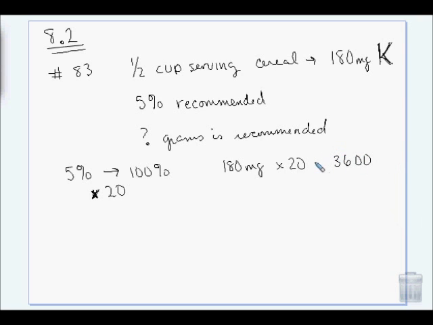Okay. So that's 3,600 milligrams. Hold on. So since I go from 5 to 100, I multiply by 20. That means 180 milligrams times 20 would give me the full recommended daily allowance, which is 3,600 milligrams. But I want to know how many grams. So I'm going to take that 3,600 milligrams, and to convert milligrams to grams, I'm going to go up my